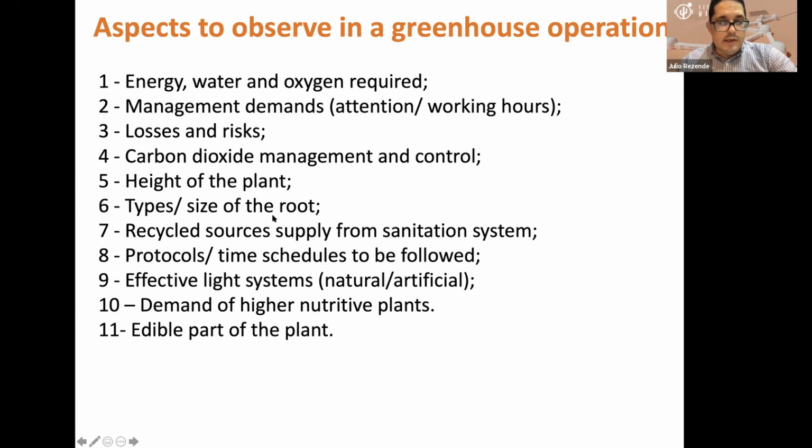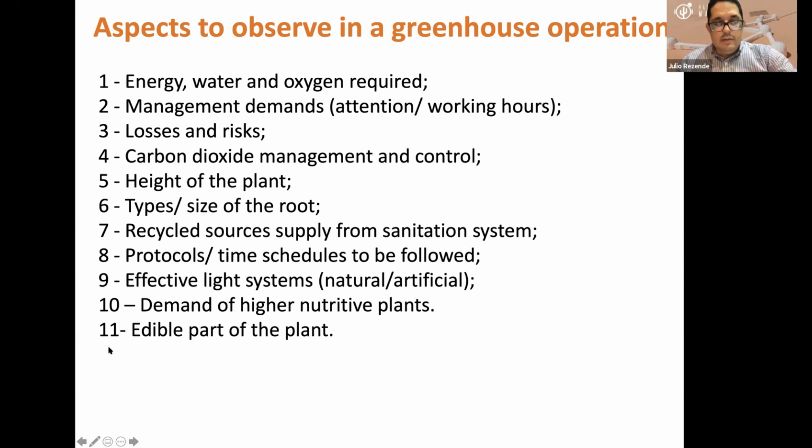Also, types and size of the root. Also, recycled sources supply from sanitation system. Also, protocols, times, schedules to be followed. Effective light system, demand of high nutritive plants, and one point not less important, the edible part of the plant, because